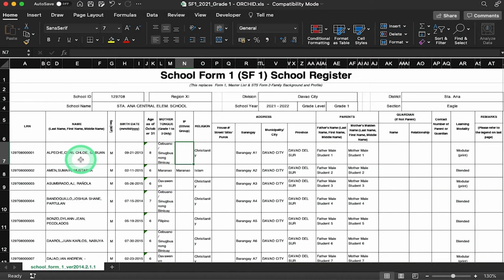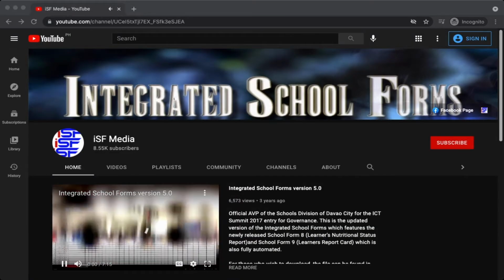So how do we dissect all of these data into individual cells so that our task would become way easier and we can become more efficient and productive with our time? It's actually very easy. But before we get to that, I'd like to ask a favor from all of you,